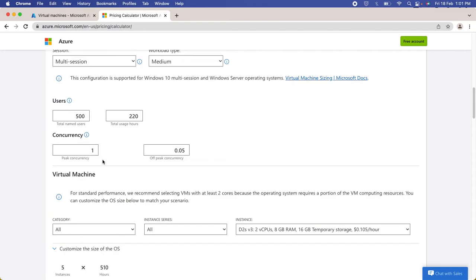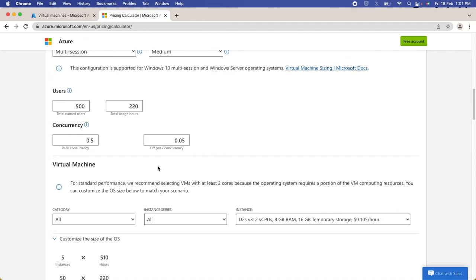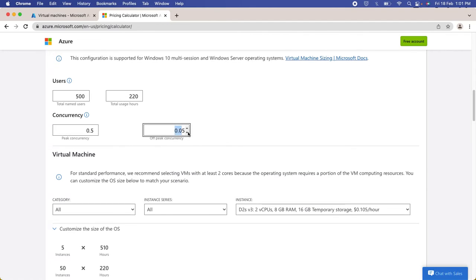If you put in 1, it's going to calculate peak concurrency as 100%. But for 50%, we need to go this way, sorry, 0.5, which means 50% peak concurrency. And what is the off-peak concurrency? Say after business hours only 50 users are going to log in. So I have already set that up with 0.05, which is equal to 5%, sorry, 50 users,